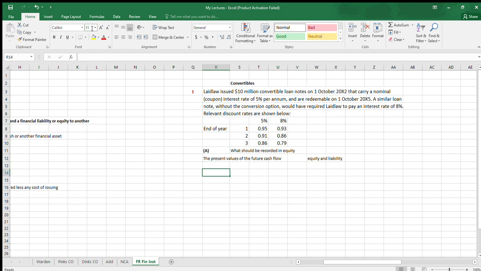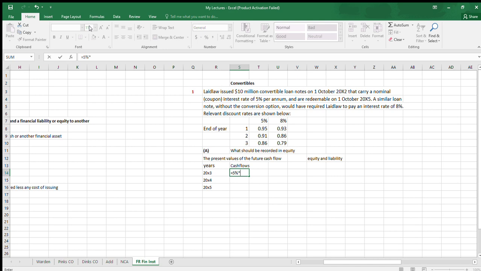So from 20x2 to 20x3 is 1 year. So 20x3, we have 20x4, then we have 20x5. Please set up your workings like I have done it. So year. Now we have our cash flows. Remember, it is the present value of the future cash flow. We have our cash flow. Now our cash flow is the 5%